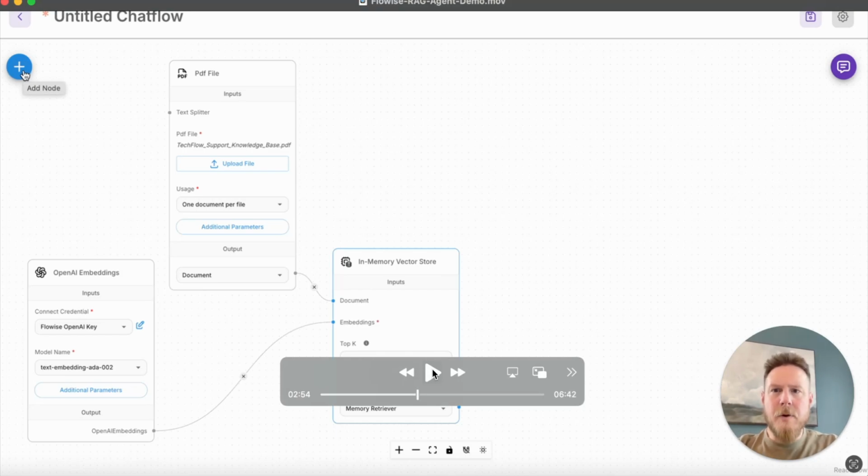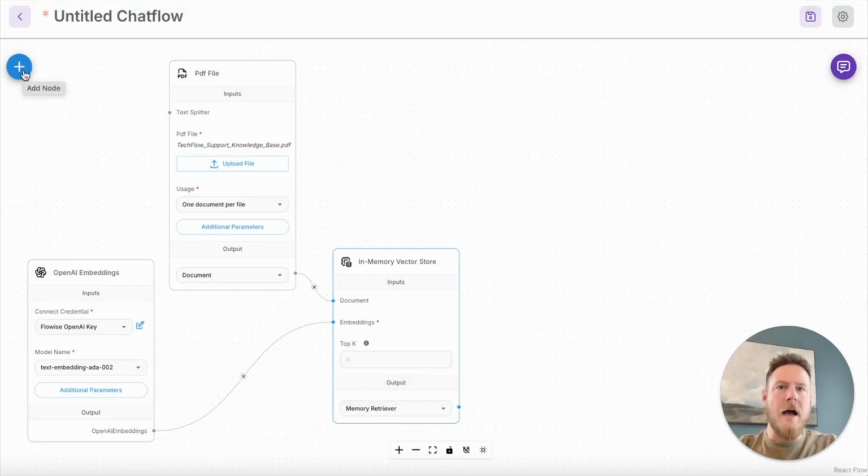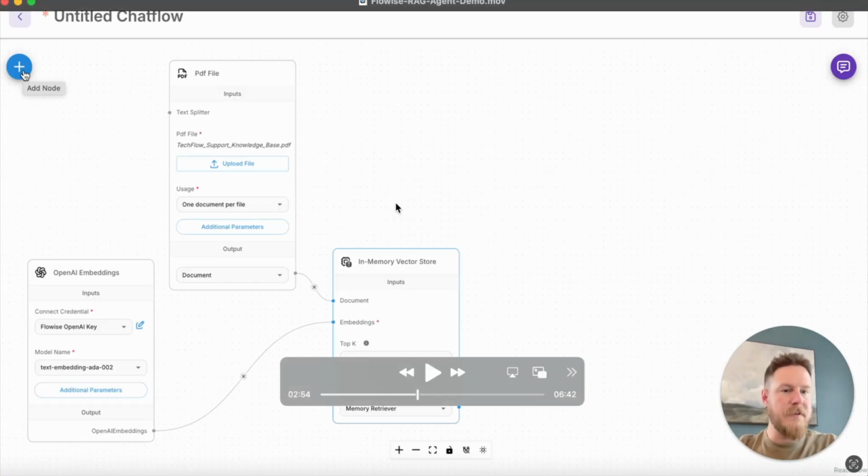So in production, you would likely want to swap from in-memory to something like Pinecone or Chroma. Those can handle millions of documents, and they would also persist across sessions. Since we're using in-memory, this will only be stored and useful while you're using the app session itself. So it works perfectly fine for this instructional demo, but Pinecone and Chroma are two of the more common vector stores that you'll see developers using in industry today.